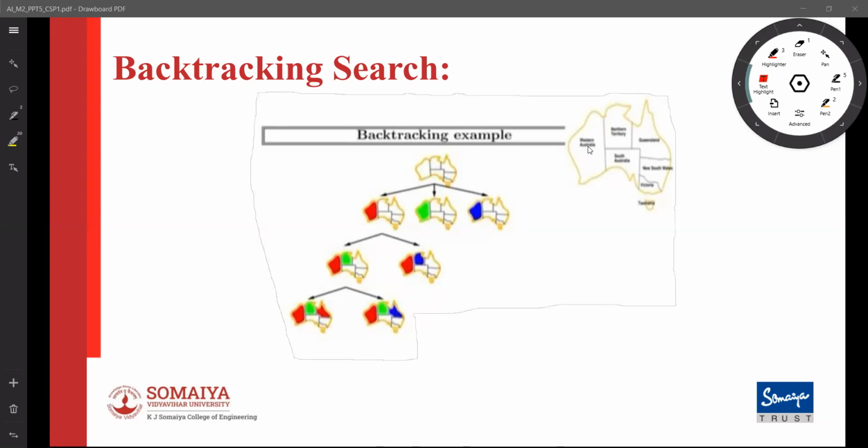In the backtracking search algorithm, I will start from the empty state. So you can see the first state is an empty state, an empty assignment, so no variable has been assigned any value. And then I will start the search. You must have discussed problem solving from an AI point of view. So we are going to use search where we decide on one variable. As we discussed last time, the order of the variables doesn't matter. We can assign any random order, it doesn't matter, so we can decide the variable in any order.